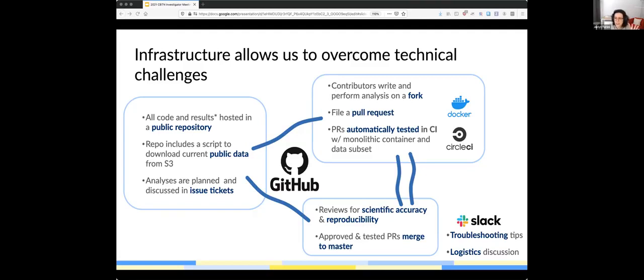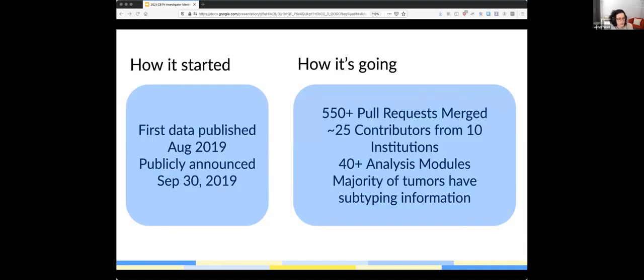So if you're thinking of setting something like this up, which I would encourage you to, I am happy to share lots of lessons that we've learned setting this up. This was publicly announced at the end of September in 2019. At this point, we've had 550 plus pull requests merged, about 25 contributors to the analysis repo only, I will say, from 10 different institutions,